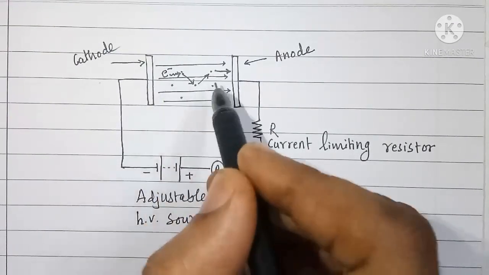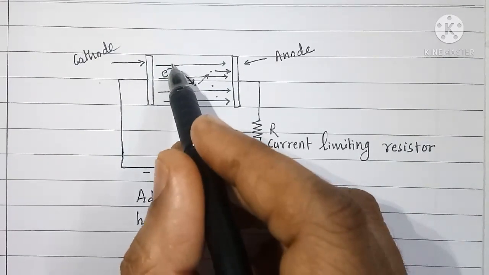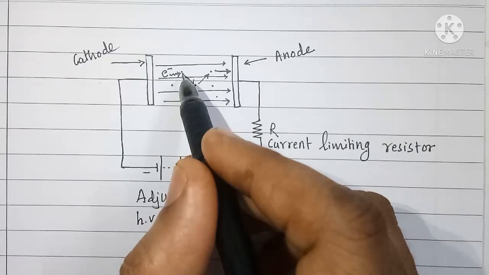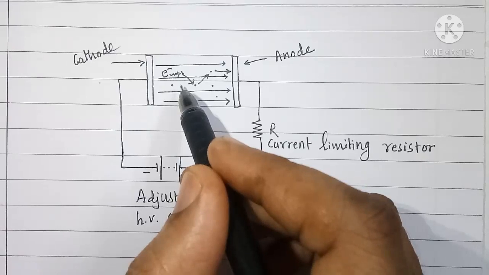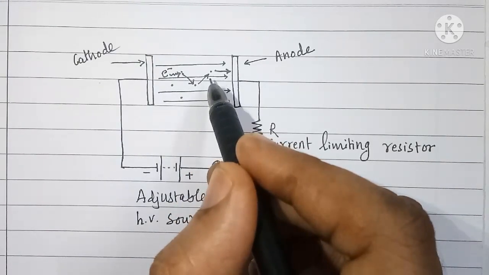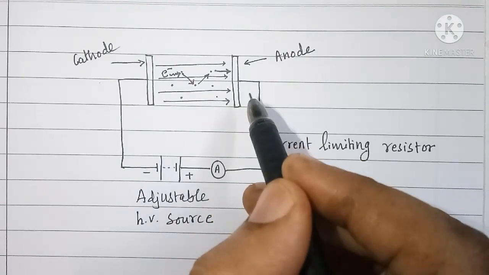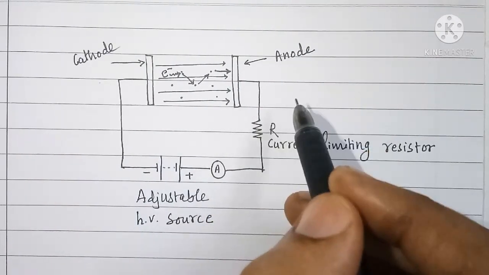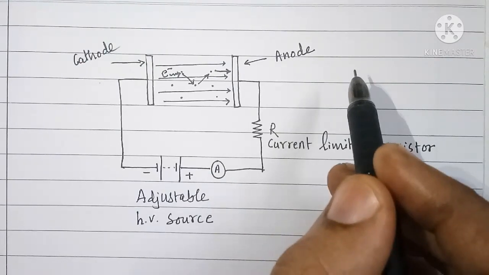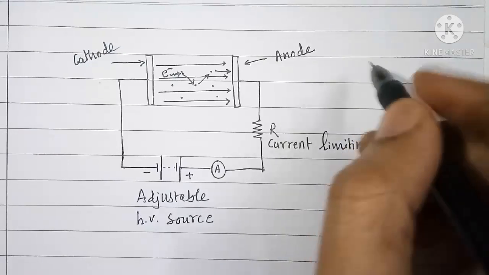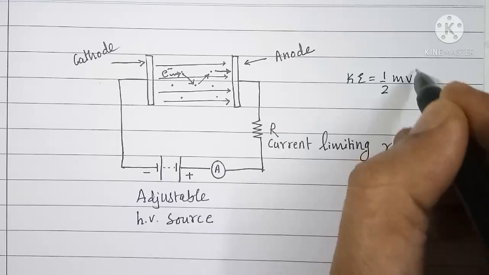And when this electron accelerates, its velocity increases, it will gain energy. We know that a moving object possesses energy called kinetic energy, and that kinetic energy is given by half into m into v square, where m is the mass of the moving object and v is the velocity of the moving object. Since kinetic energy is equal to half mv square,